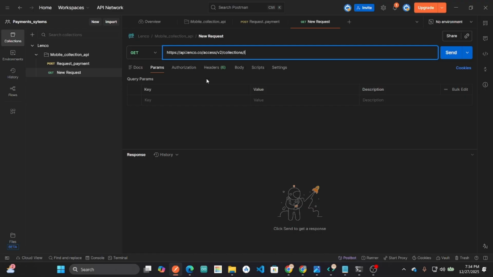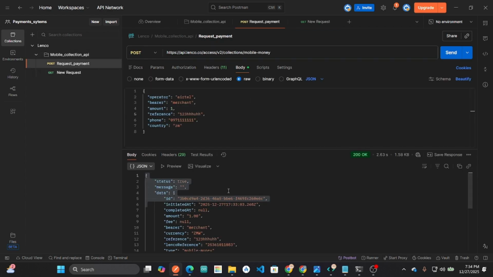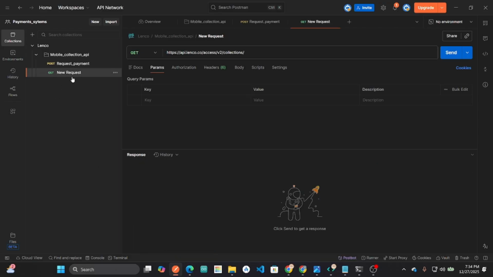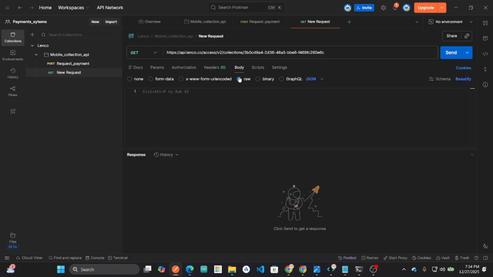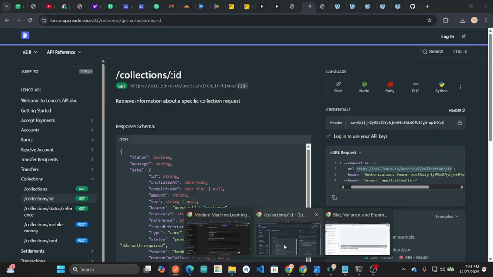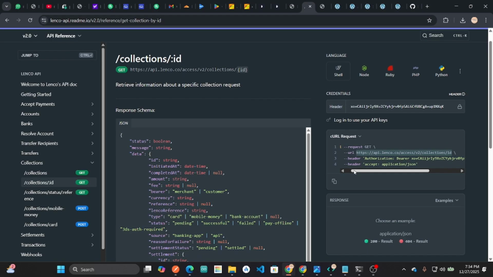Okay, so here we just have to come here. We get the transaction ID, which is this one, should be the one. For other guys, they use the reference ID for checking. Okay, so guys, when we come to the body here, you come here on raw and should be on JSON. Then you come this side, they said